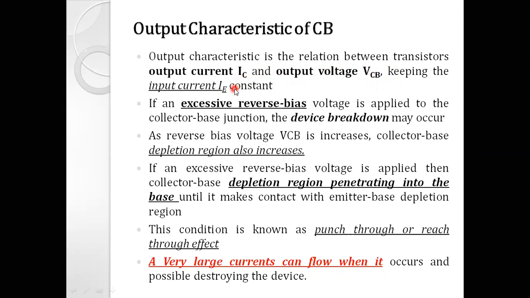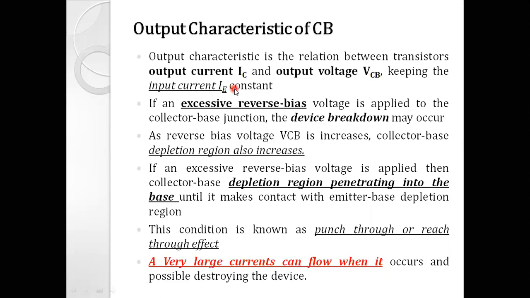That is, emitter current is equal to 0 milliampere, that is case number 1. Then for case number 2, when the emitter current is kept constant at 1 milliampere and we draw the characteristic between IC and VCB, we get the second curve. Similarly, keep IE constant at 5 milliampere and draw the characteristic between IC and VCB, we get another curve,